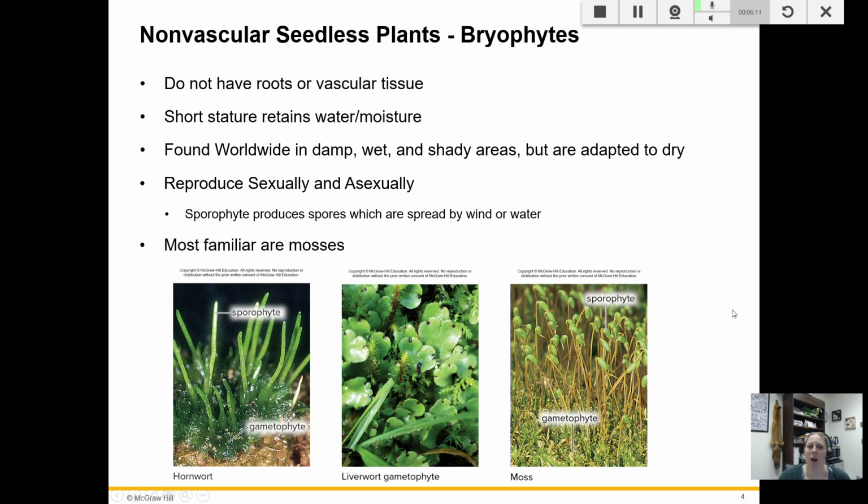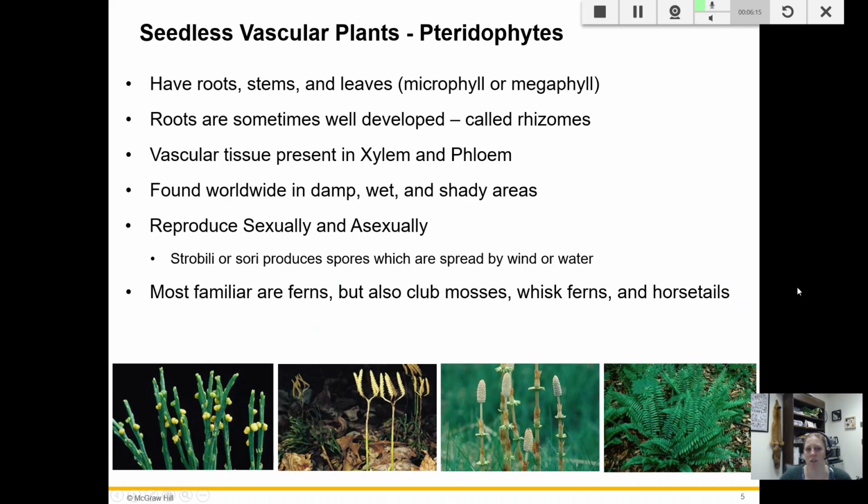So when we have our non-vascular seedless plants, our next group would be our vascular seedless plants, or our seedless vascular plants. You'll see it either way, okay? And these guys still have spores for their embryos. They're still reproducing with spores. There's no seeds, okay? We also call this group pteridophytes, which is similar to pterodactyls in that the P is silent. And your pteridophytes have roots, stems, and leaves.